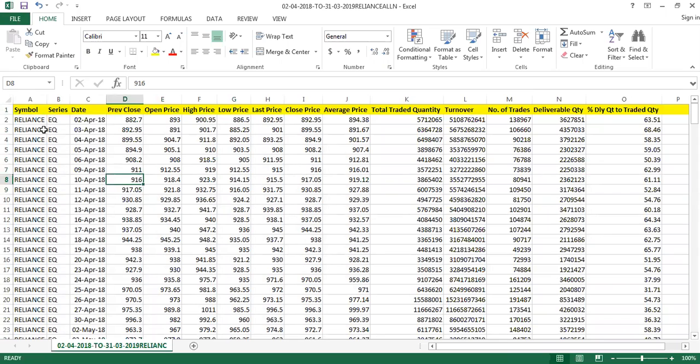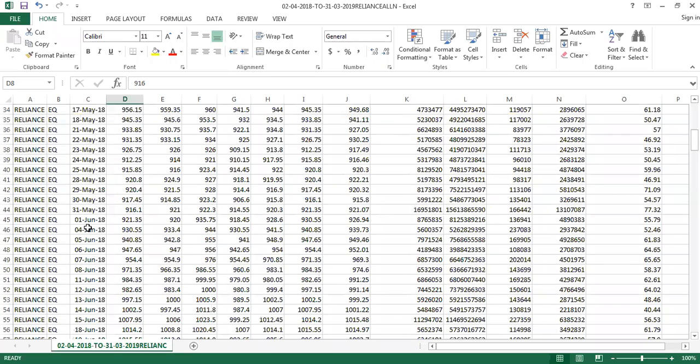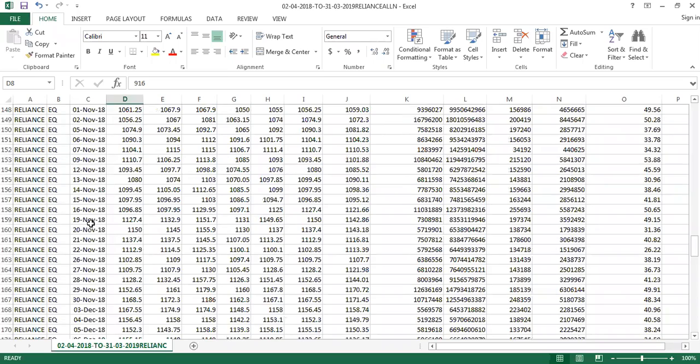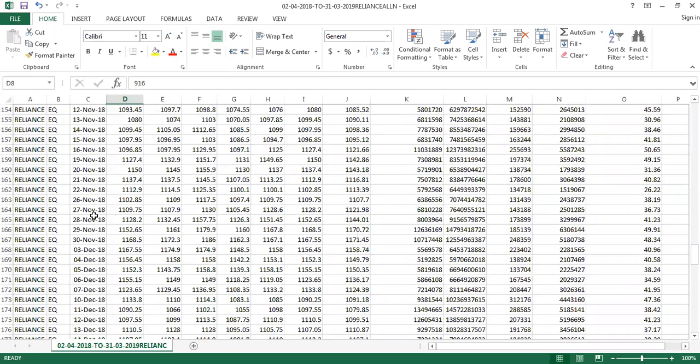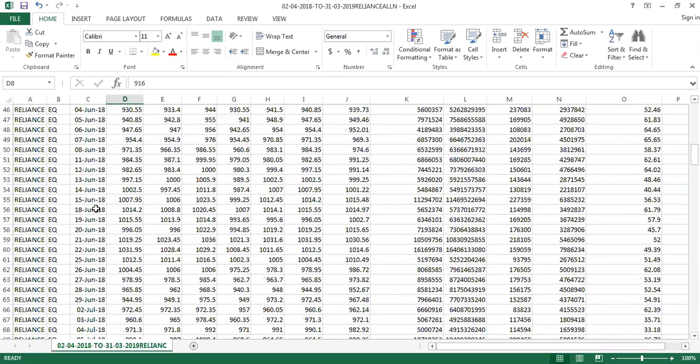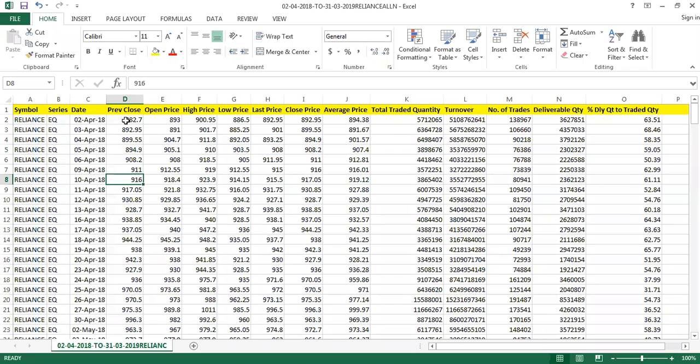Okay. Now, this is the name of the company. The type of asset that we have downloaded is equity. These are the dates, all the dates from 2018, daily. These are 365 readings that you will get. Previous close means on 1st April, the share closed at what price? 882 rupees. Today morning it opened at